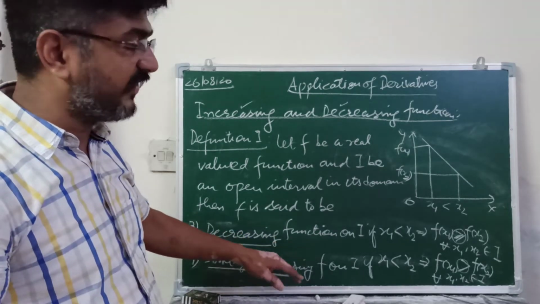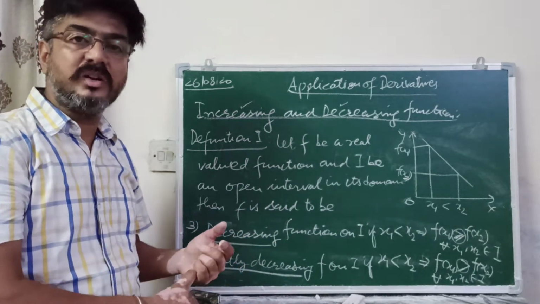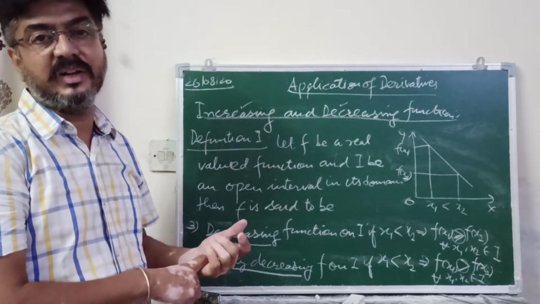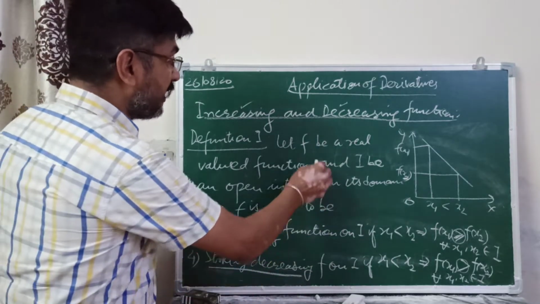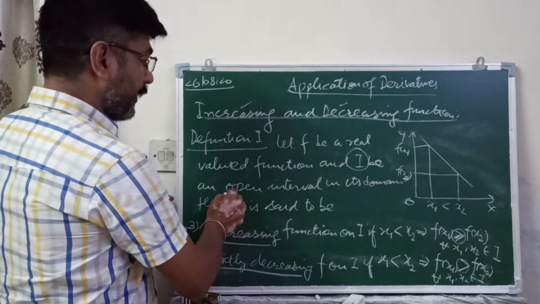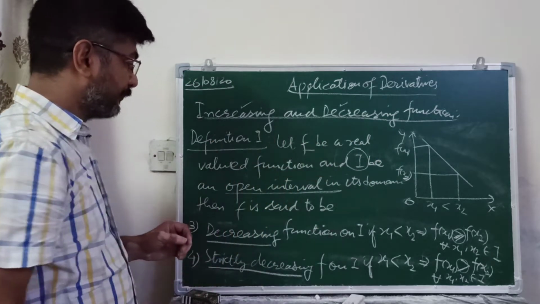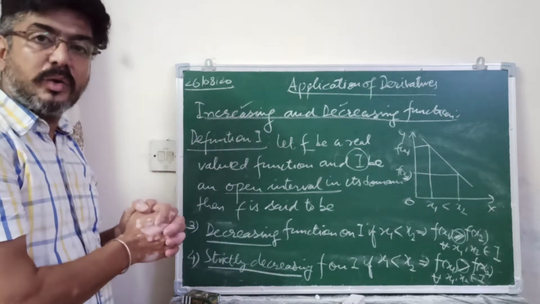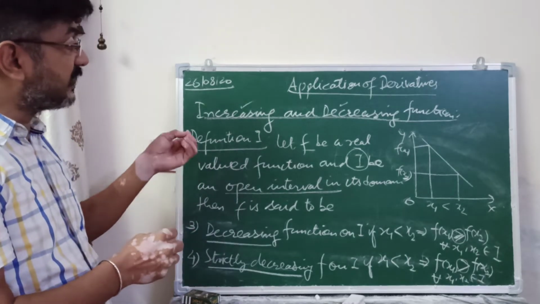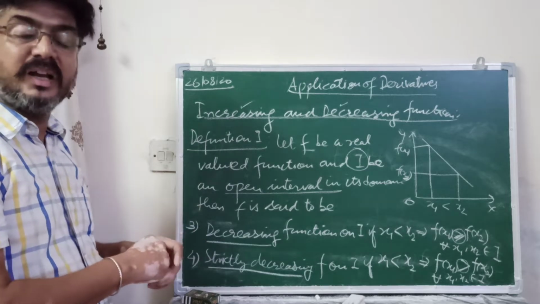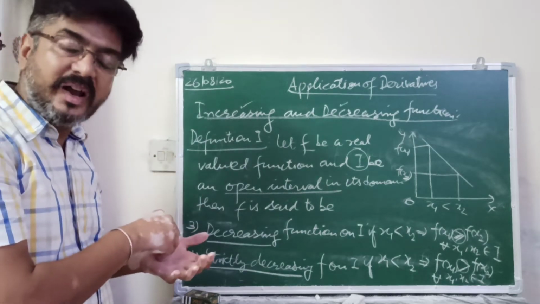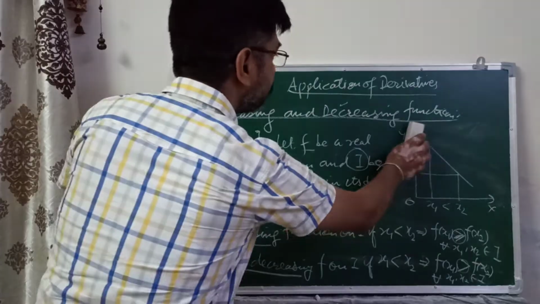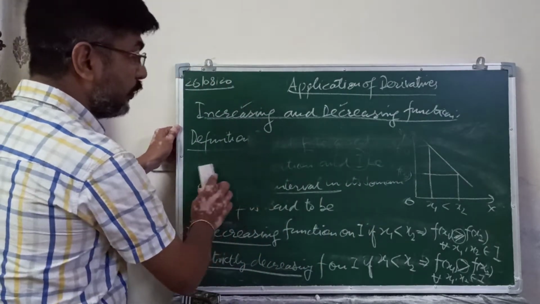So these are the definitions for an increasing function, strictly increasing function, decreasing function, and strictly decreasing function, in an interval I in the domain of the function f. Now this is about the interval I. This definition can also be taken in the domain of f at a particular point x0. Let definition 2 be this.